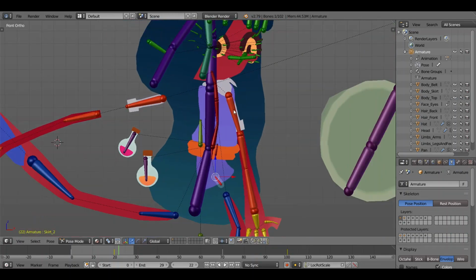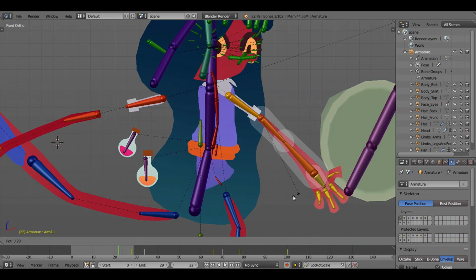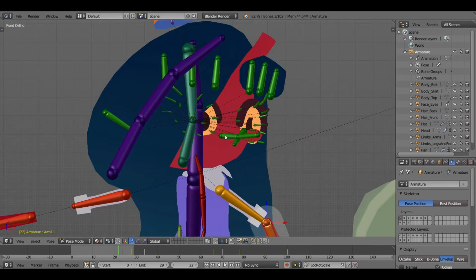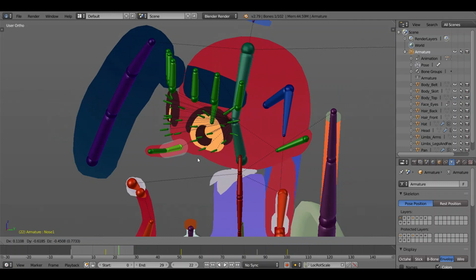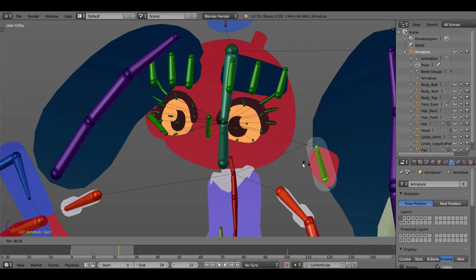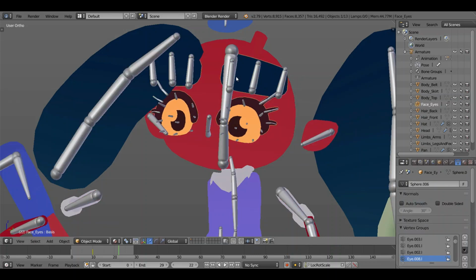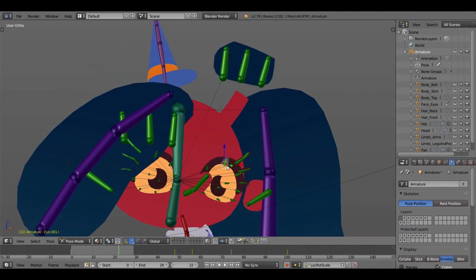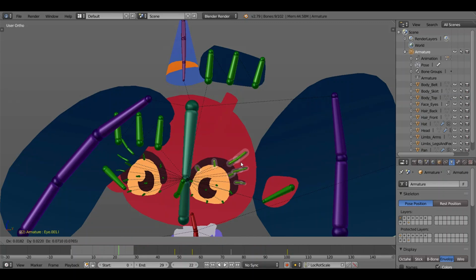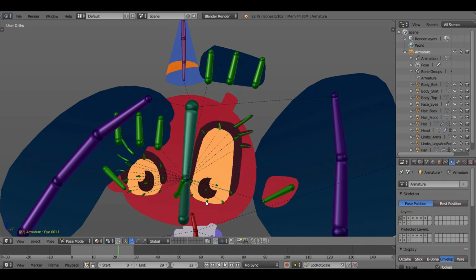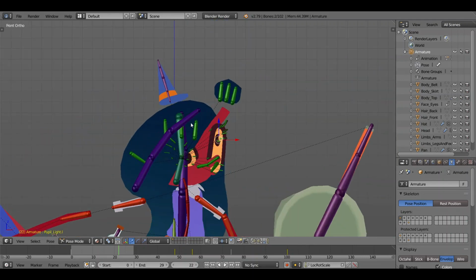There are some bones that are attachable, like the nose and ears, just because these don't need to be pulled off the face at any point. And this overall makes animation somewhere between very easy and very hard. It makes it easy because I can very easily pose things and have the character move in specific ways, but very hard because I can't have the character mirror any animations, and I have to position things just to make